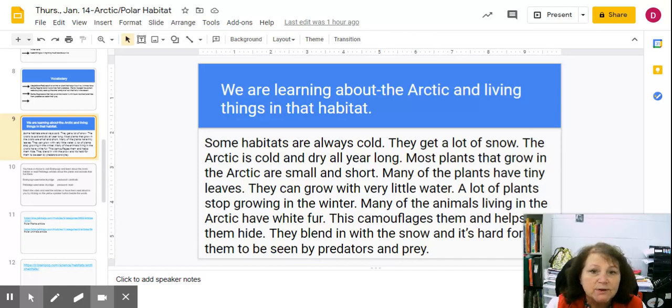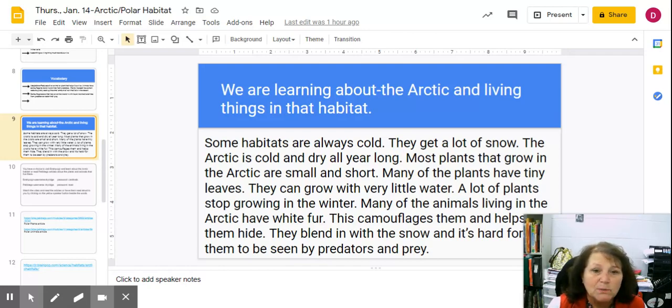Most plants that grow in the Arctic are small and short. Many of the plants have tiny, tiny leaves. They can grow with very little water, and a lot of plants even stop growing during the winter season because